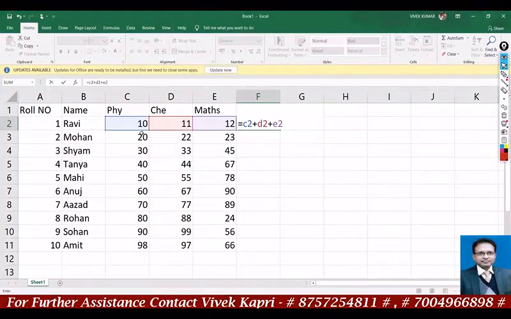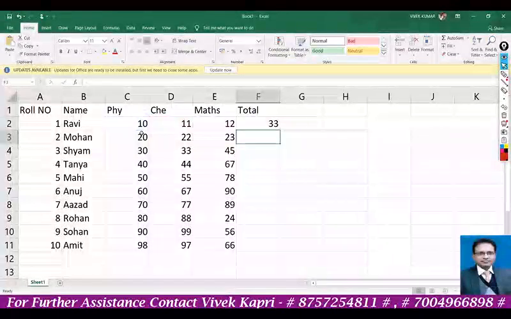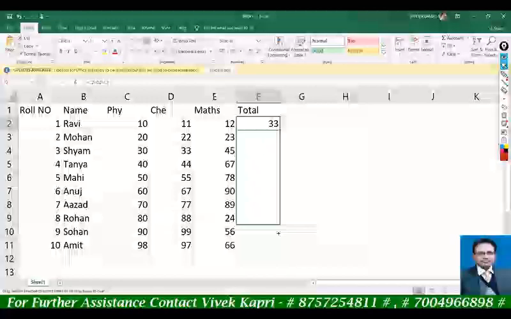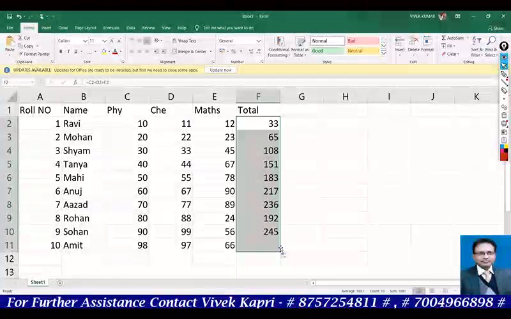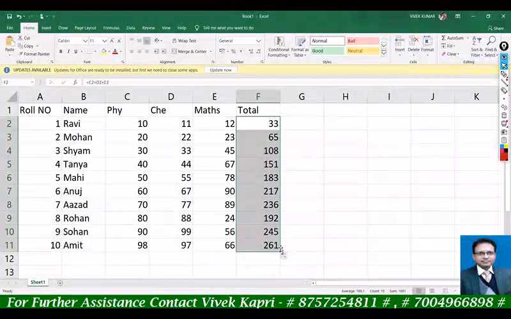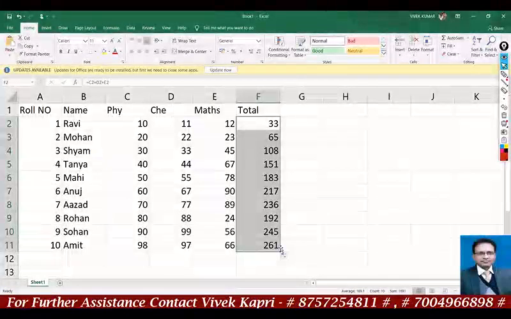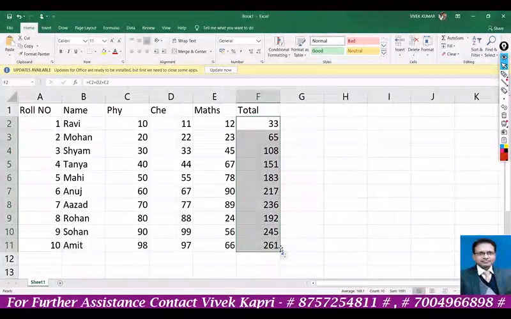E2 has been selected, and press enter. You will get the sum, and then drag this. This formula will be applied to each row. Okay, this is one method. Write the formula for the sum in your notebook and practice at home.